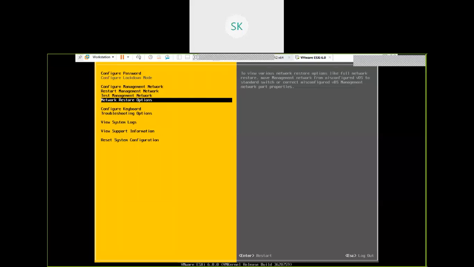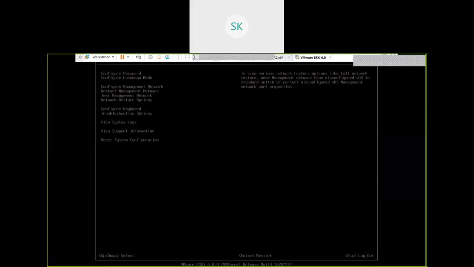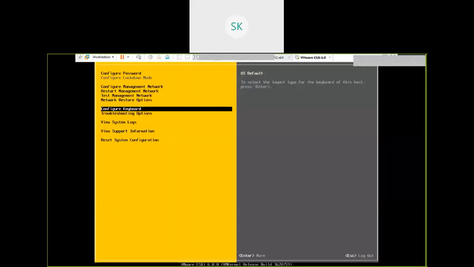Since then, it is not able to communicate and not able to function properly. So from 5.5 version, there is an auto restore option. If the management network is not able to communicate, the system itself is going to restore that network setting automatically. Say you change some setting, the VLAN, the IP address, or the gateway, whatever it may be. Due to some change, if the system management network is not able to communicate,